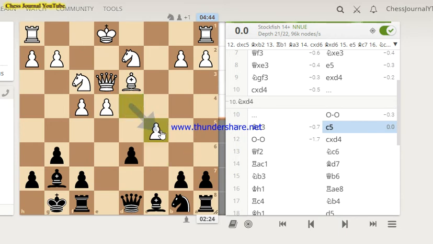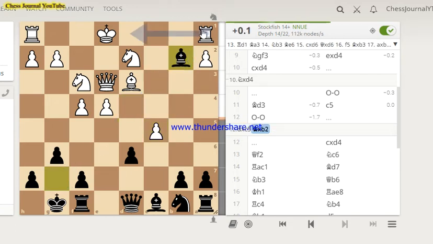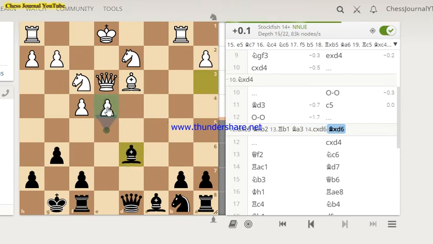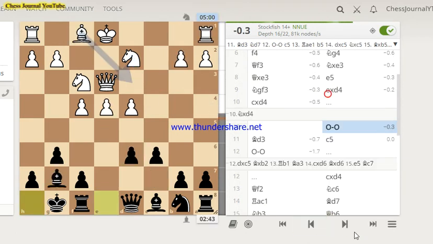Okay, this is the one I was calculating. They take here, we take there. So they have to do something with the rook. Rook comes here, then we come here and defend this one like this. So yeah, my calculation, as Stockfish says, is roughly equalish. But anyway, we are playing against humans, so